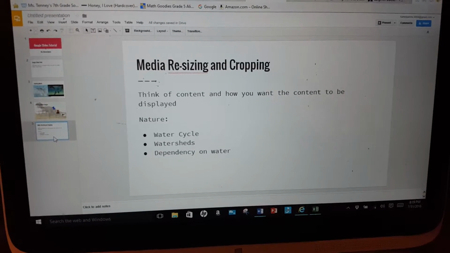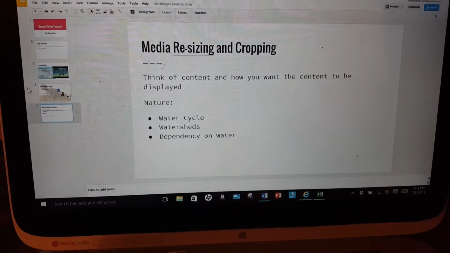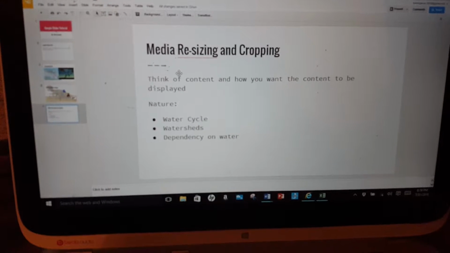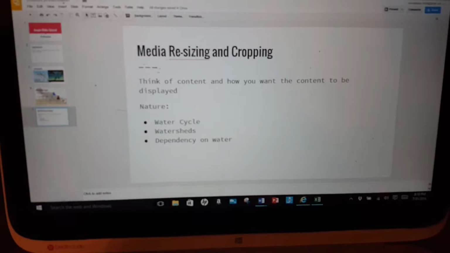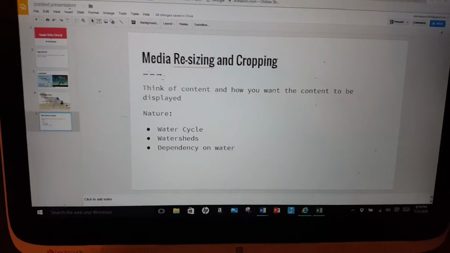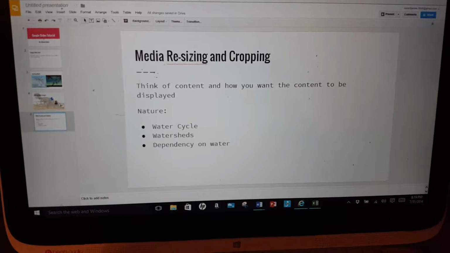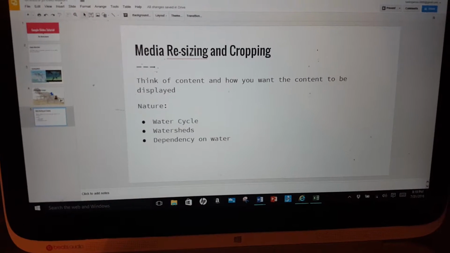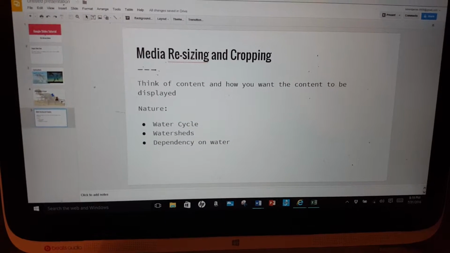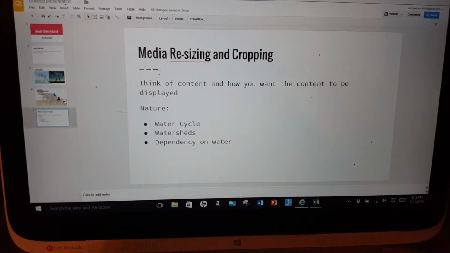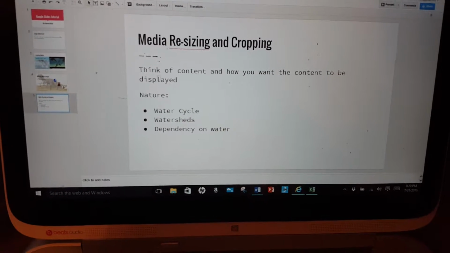This time we are going to be doing resizing and cropping of media. If you remember from our last lesson, we went over resizing a little, so we're going to just hit on it a small bit and focus most of the lesson on cropping. When you are putting media into your slides presentation, think of your content and how you want the content to be displayed. For example, if I was doing a water cycle, watersheds, dependency on nature or whatnot,